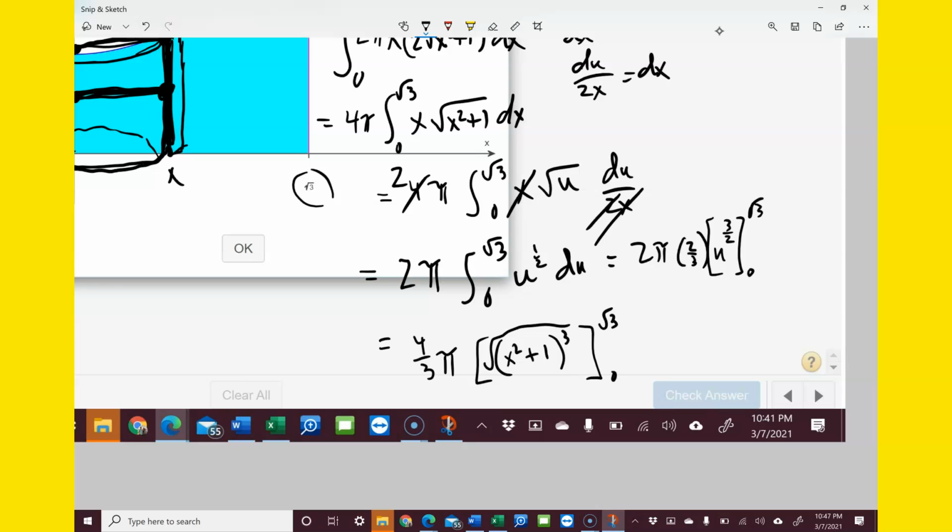Alright, and that's going to become 4/3 pi. It's going to be a little weird, isn't it? If I plug in square root 3, it's going to be square root of 3 squared plus 1 cubed